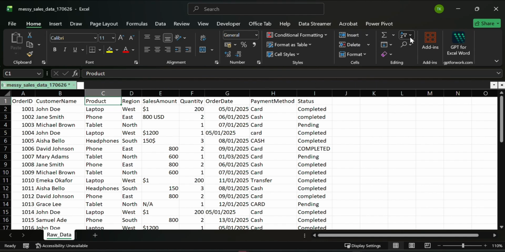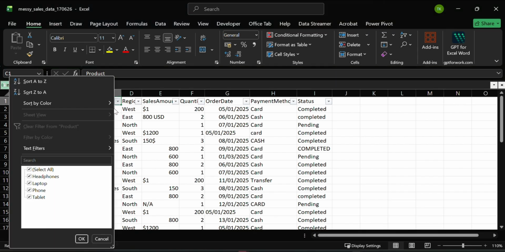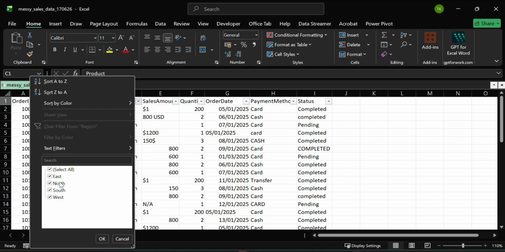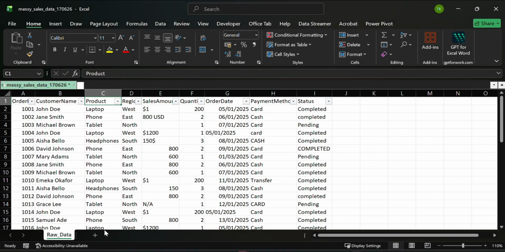Now, the next thing I need to do is apply the filter. I'll apply the filter first, right? So with this, I can do a quick check. Okay, they are all okay, right? The same thing, I check to be sure that others are not in caps or misspelled, right? So next, the thing I'm going to do here is to take care of these sales